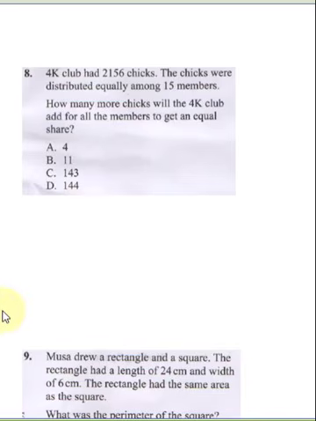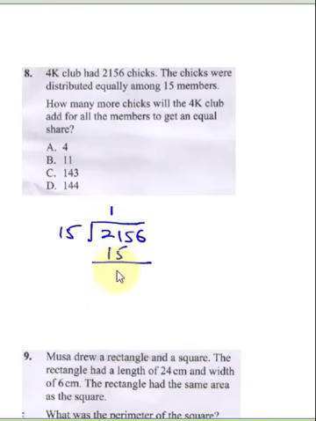Now, what you need to understand here is you need to do a long division. This is 15. So let's divide 2156 by 15. So 15 into 21, we're going to get 1. 15 times 1 is 15,